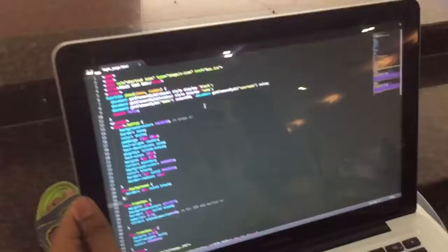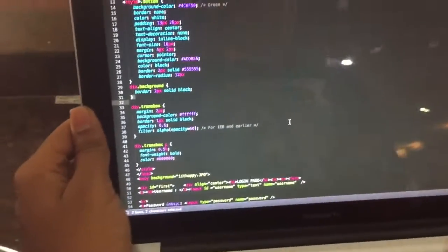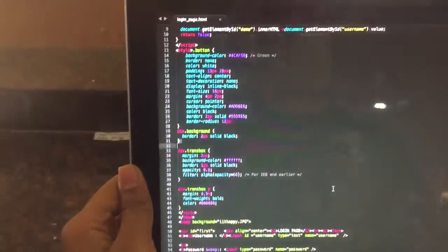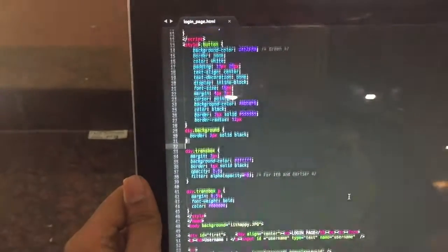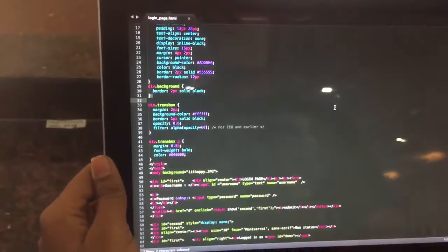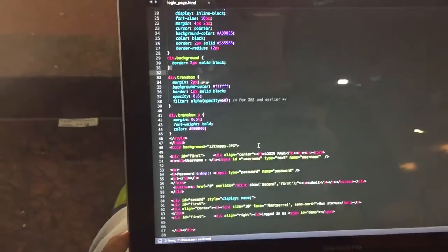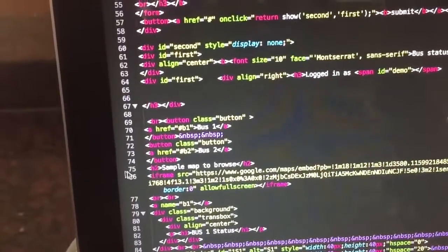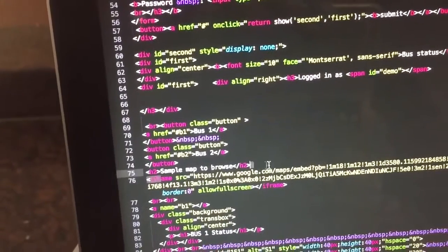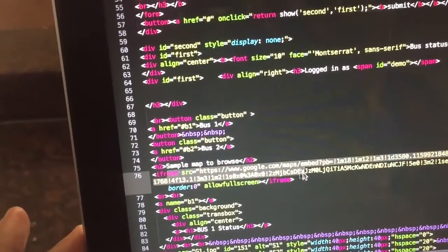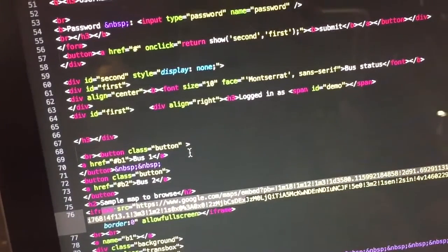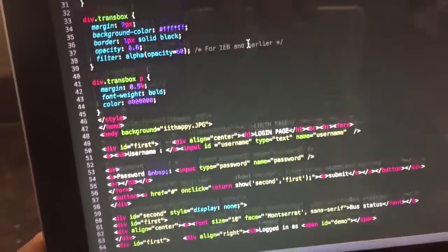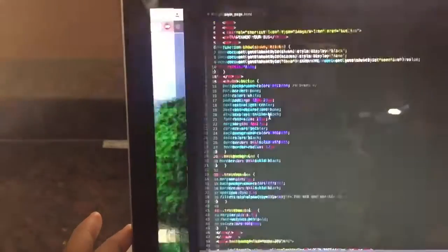So here's the HTML code. This is the code we use to design the web page, and that includes JavaScript too, because we need to change the variable values and store the values. In this, the JavaScript stores the values of latitudes and longitudes, and it also shows a map from Google Maps so that we can browse anything there. It stores the values and displays them in the web page.